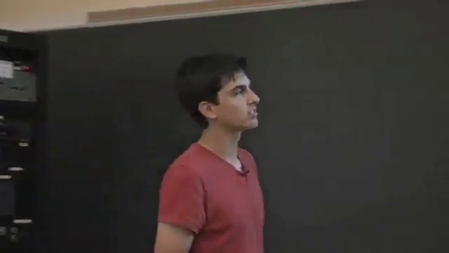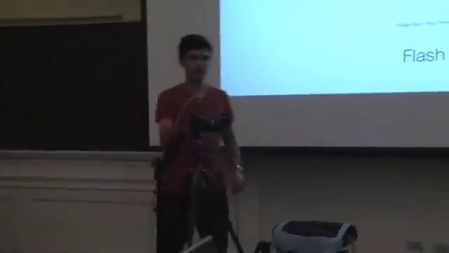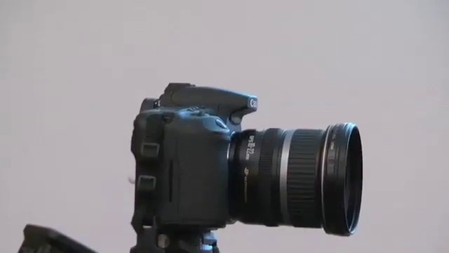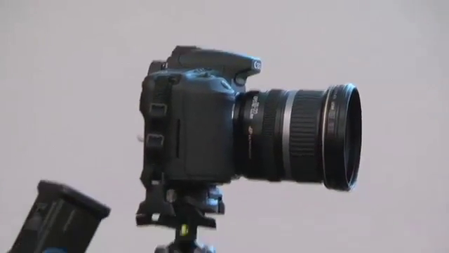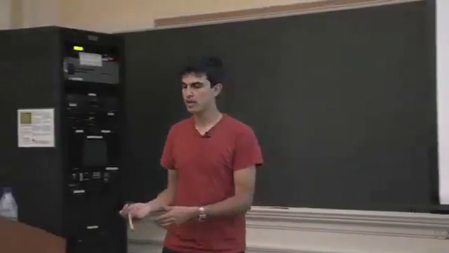Now there's something that you have to watch out for, and that is that these older flashes have electrical contacts here on what's called the hot shoe mount, which is just the mount that attaches the flash to the top of the camera. It's a very common mount, and you've probably seen it before. But the older flashes can have very, very high voltages across those contacts that can damage modern digital cameras. So before you use any old